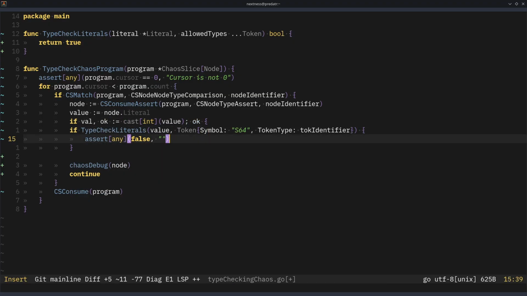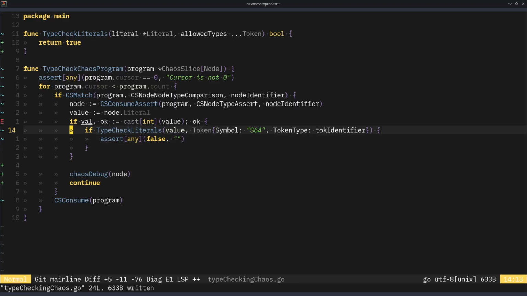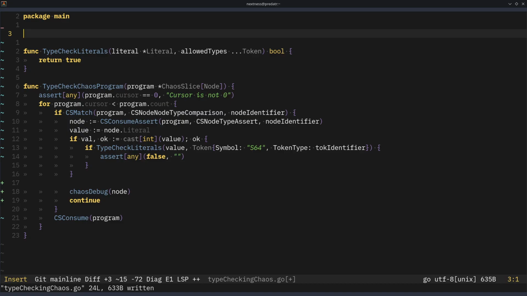If okay, then we can do this, otherwise we can continue because it's another type, which can be string, float for now, or boolean, I guess. And if it is an integer, then we can say all the different tokens that we are allowing. And to make that even easier, I could say something like, we can create a helper function that generates tokens that represent their